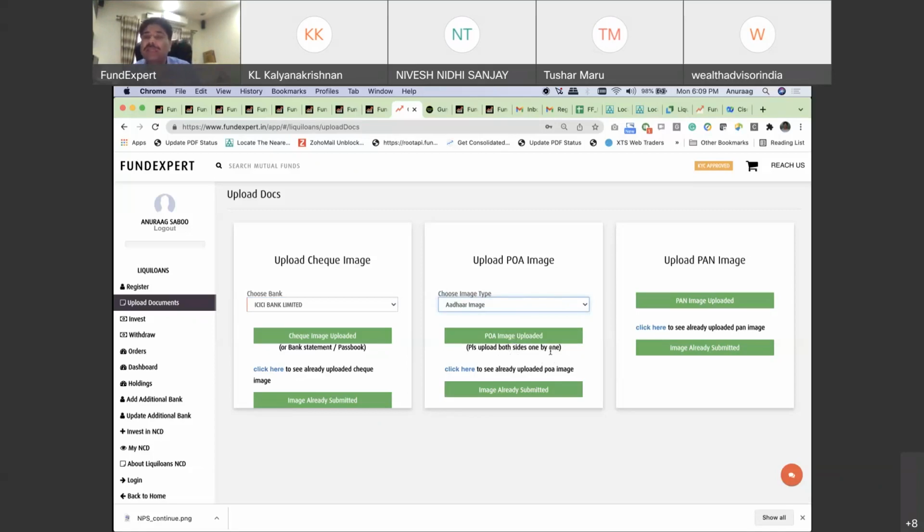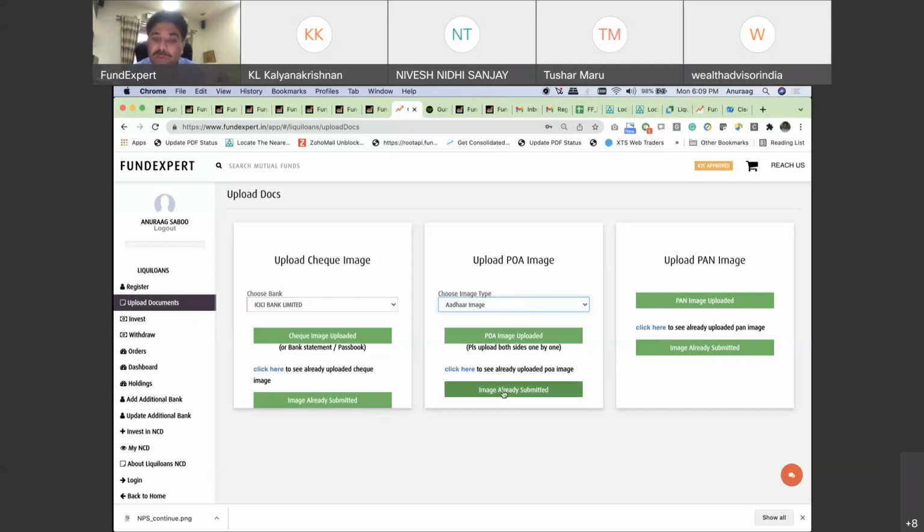We have seen some cases where people only upload the address side, and then again we have to inform them to upload both. So please upload both the sides of the proof one by one from the same link. Once you upload, it will turn green. Then you click on submit, it will get submitted. Then again you upload the second one and then submit. So every time you upload, you have to submit.